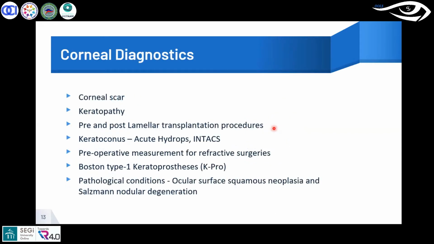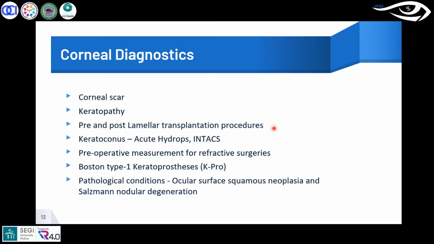So now we are moving on to the main part of our lecture, which is diagnostics. In the case of the cornea, apart from whatever I have mentioned, it is possible to diagnose other things as well. Basically, it is very helpful in diagnosing corneal scars, keratopathy, and to analyze the cornea pre and post lamellar transplantation procedures, in order to look at keratoconus